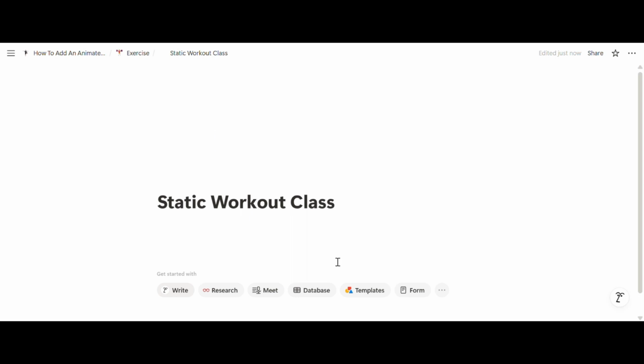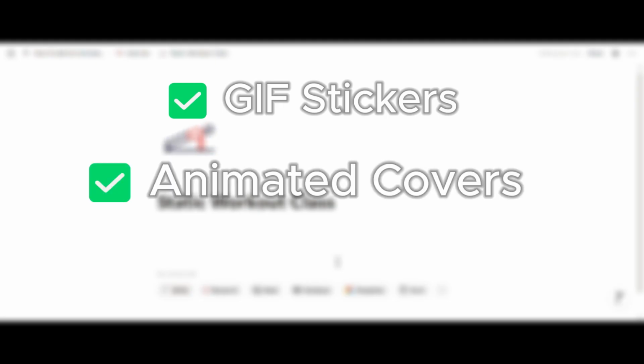And that's it. You now know 3 ways to make your Notion pages stand out, with GIF stickers, animated covers,